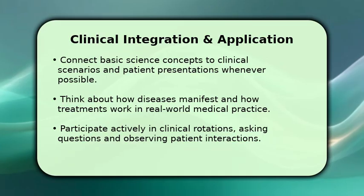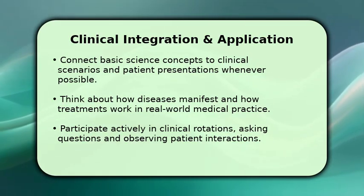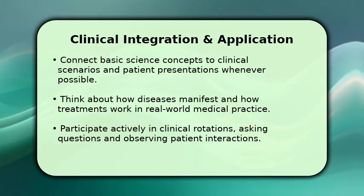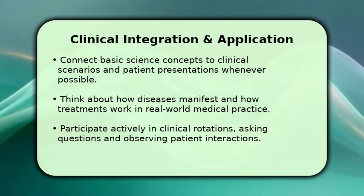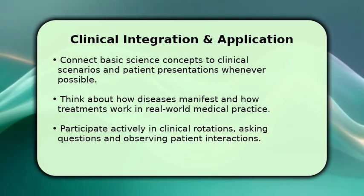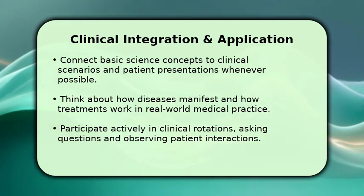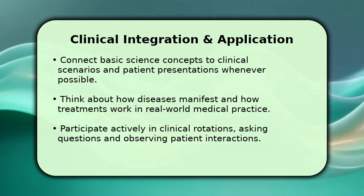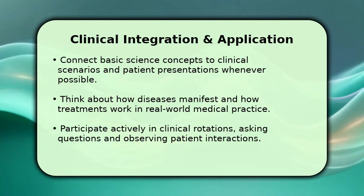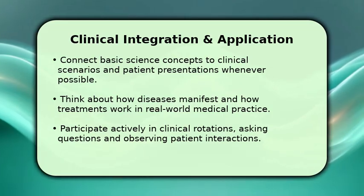Third, always strive to integrate basic science with clinical application. As you learn about physiology or pharmacology, consider how these principles apply to patient symptoms, diagnoses, and treatments. For instance, when studying cardiac anatomy, visualize how a specific valve defect would present in a patient. This contextual learning makes the information more relevant and memorable. Engage with clinical cases early and often, perhaps 2 to 3 times a week, to bridge the gap between theory